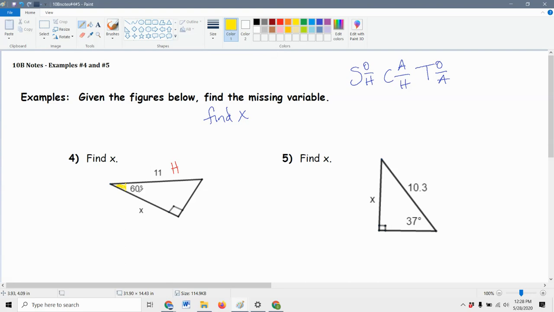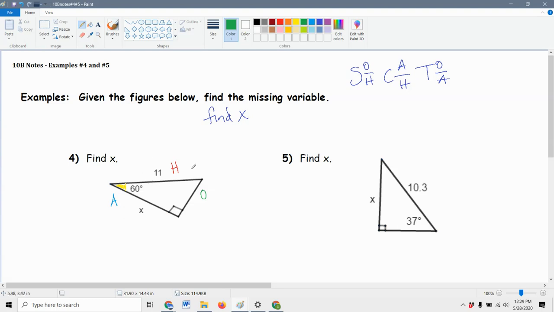But because this is the angle that's in question, the side touching that angle or next to that angle, we label as the adjacent side. And of course, adjacent means next to. It's next to that angle that's there. All the way across from this angle, not touching the angle, we label that side with an O. That's the opposite side. So we still always want to have our orientation in trig. Okay? Now, what we know from this diagram is that we